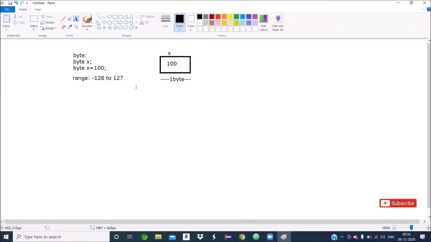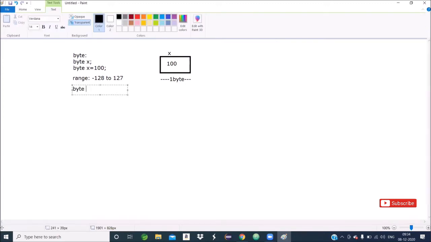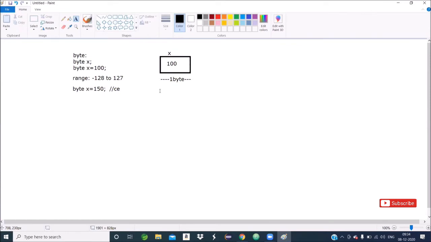If I write byte x equals 150, immediately a compile time error will arise because the value 150 exceeds our range. So within the range we have to assign the value, otherwise the compiler will give an error.